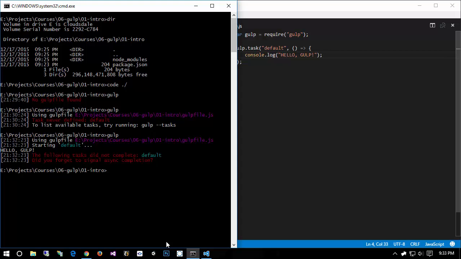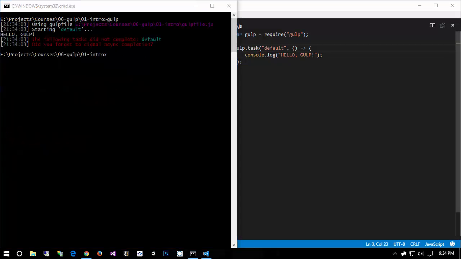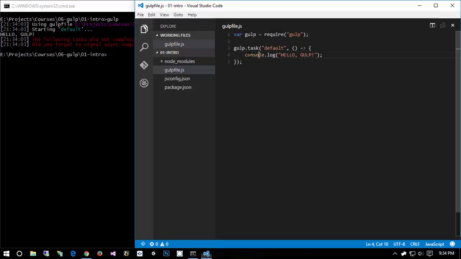Gulp, by nature, is asynchronous, and it works on something called streams. And we'll talk about streams later in this section. But basically, if you do not return a stream object, Gulp never gets notified if your task completed. And if it doesn't know that your task got completed, then it's going to kind of throw a fit. Because, again, Gulp is all about asynchronicity and streams, and it needs to know when the thing that you're trying to do is done. In this case, we didn't provide Gulp with any indication that we were ever finished doing what we wanted to do, so Gulp had no concept of when to end itself